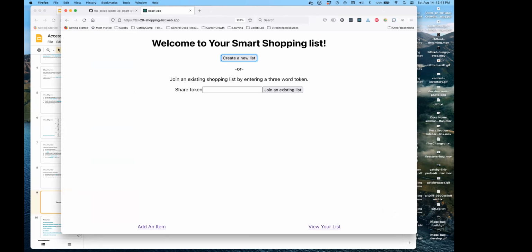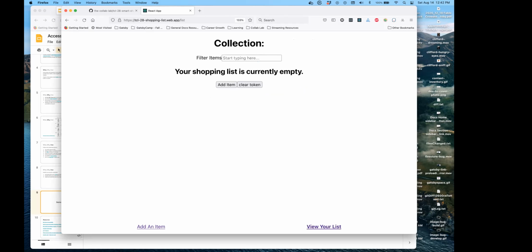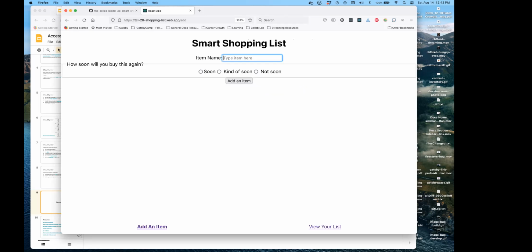There's a focus outline around our button. If I hit tab again, I would expect it to jump down here, which it does. And then it jumps over here, which is great. I'm holding shift and tab to go backwards in the tab order. If I hit enter, I would expect this to click the button for me. And then if I hit tab and enter in here, let's see. Oh, this is to filter. I don't have anything, so let me add an item,